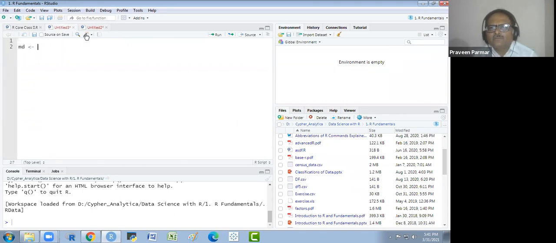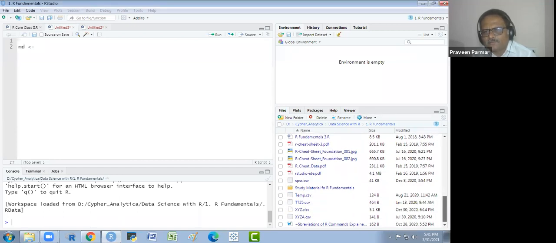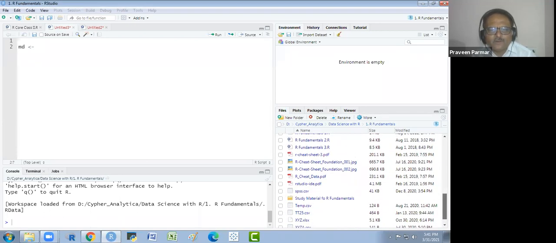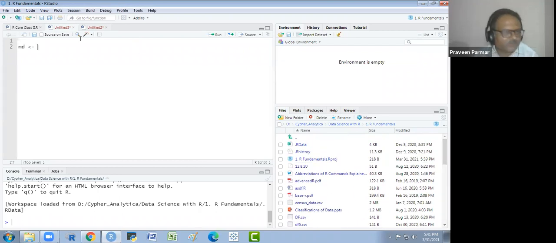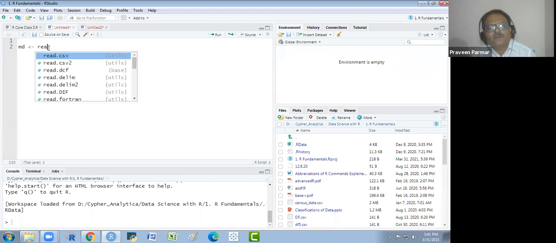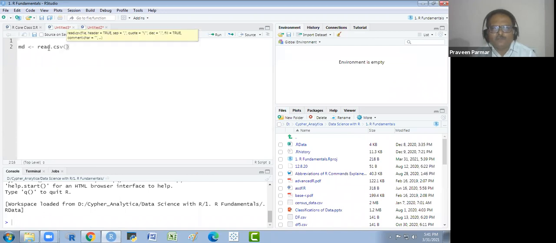I will show you R fundamentals. In this folder, I could see whatever files are here, but the file I require is not here. It is somewhere in some other folder. So how could we fetch that file here? It is a CSV format file, so I will give the read.csv command, and I have to choose a file from some other folder. So I will write the command file.choose